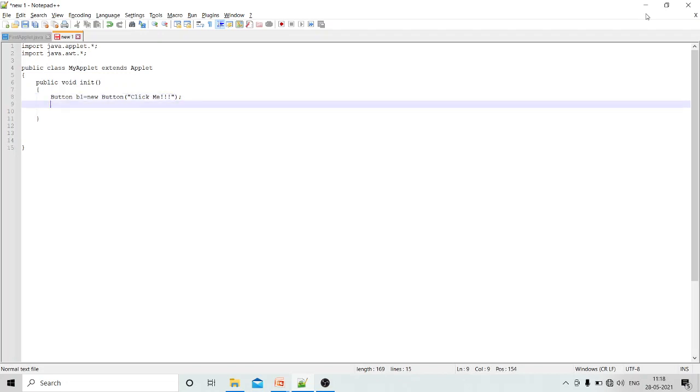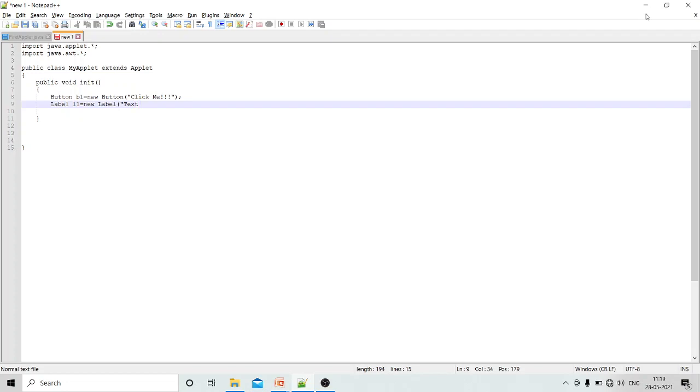So the button is created. In the same way we need a label as well. So I'll create a label, Label l1 equals new Label. So it is Label, it is not lable, remember. And the text which you want to display on the label, again the same message I'll print.